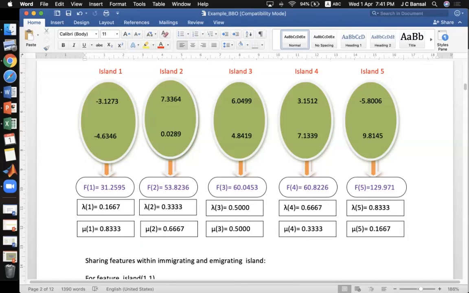It means the island which is the worst island should inspire other islands minimum and should get inspiration from other islands maximum. It means the probability of modification of islands 4 and 5 is actually more as compared to the initial islands. I hope you got it.